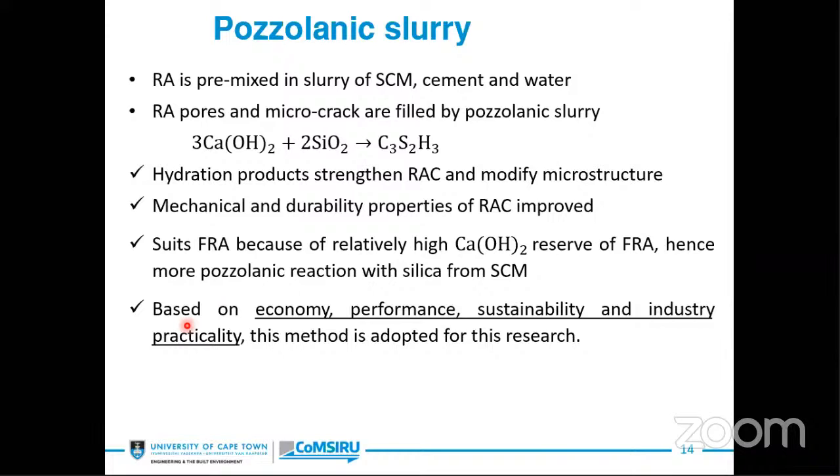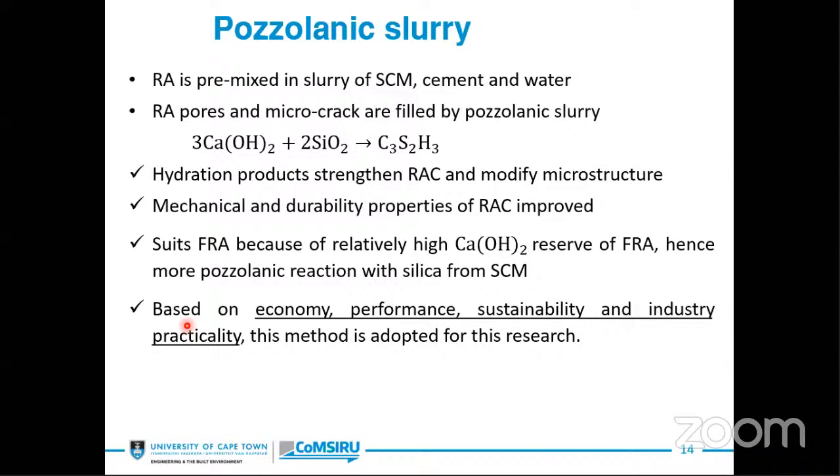One of the very major methods of improving this material would be the use of pozzolanic slurry. Here, supplementary cementitious materials, SCM, can be used to enhance the properties of recycled concrete. In this process, the recycled aggregate is premixed in a slurry which contains SCM, cement, and water. The purpose of premixing is to provide more interaction between the silica present in SCM and the calcium hydroxide reserve